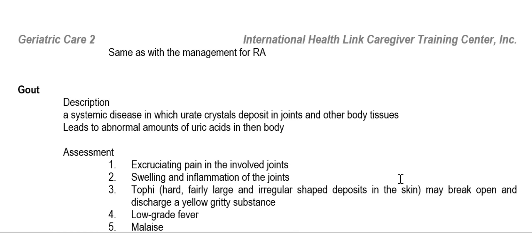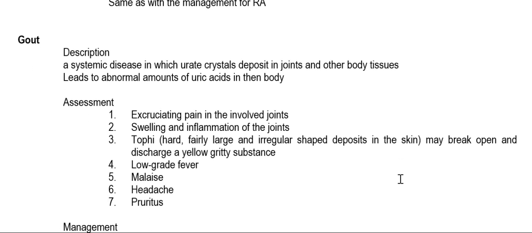Gout affects more males than females. Description: a systemic disease in which urate crystals deposit in joints and other body tissues. It leads to abnormal amount of uric acid in the body. Assessment: excruciating pain in the involved joints, swelling and inflammation of joints. Tophi or hard, fairly large or irregular shaped deposits in the skin and may break open and discharge a yellow